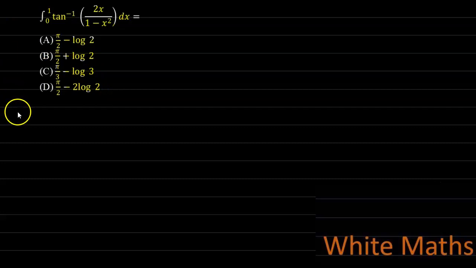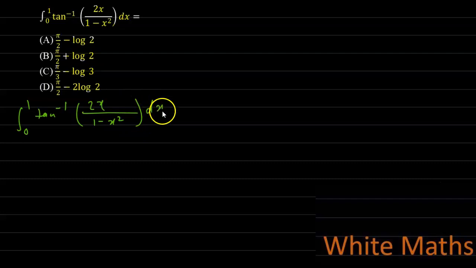So since the integral is 0 to 1 tan inverse of 2x by 1 minus x square dx, to solve this integral, put x equal to tan theta. That means x equal to tan theta. On differentiating both sides, we will get dx is equal to the derivative of tan theta, which is sec square theta d theta, and the new limits will be